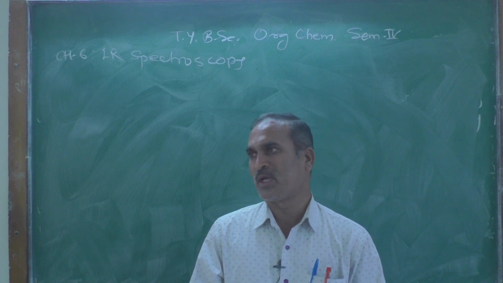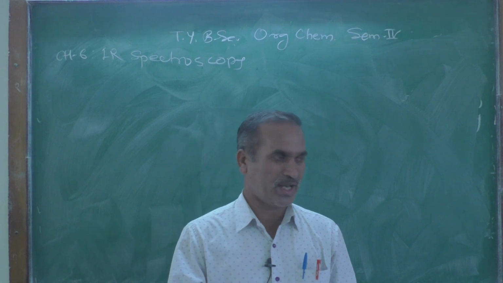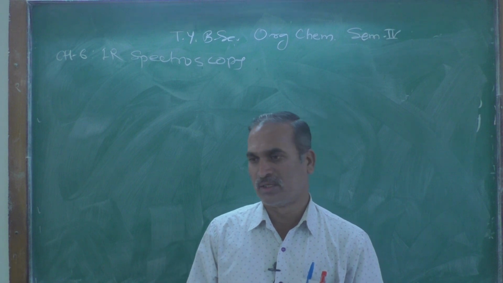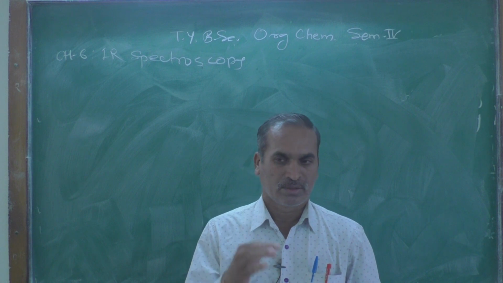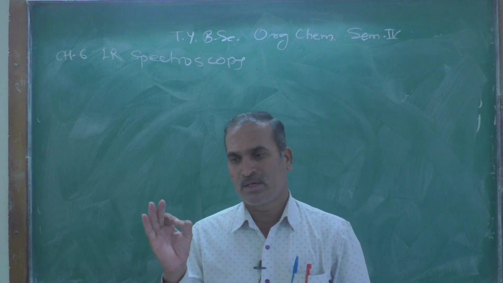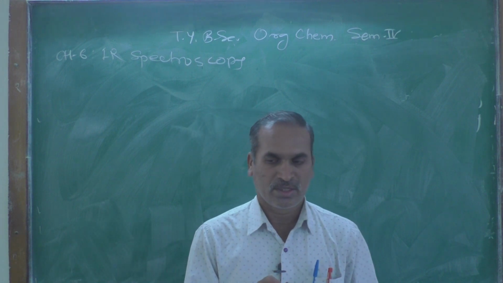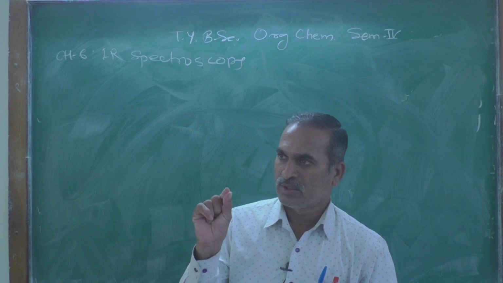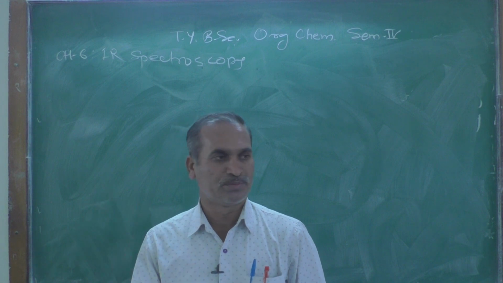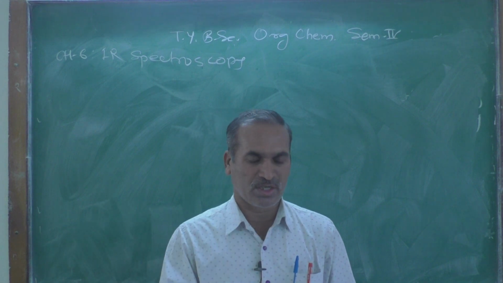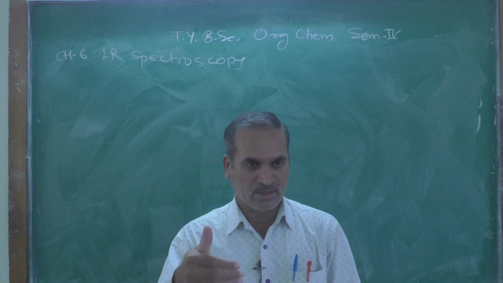These are two strong peaks observed in alcohol, whereas in the case of ether only one noticeable peak or band is observed near 1100 per centimeter due to CO stretching frequency, and in ether